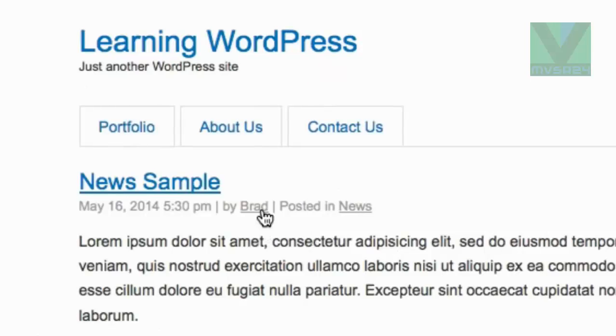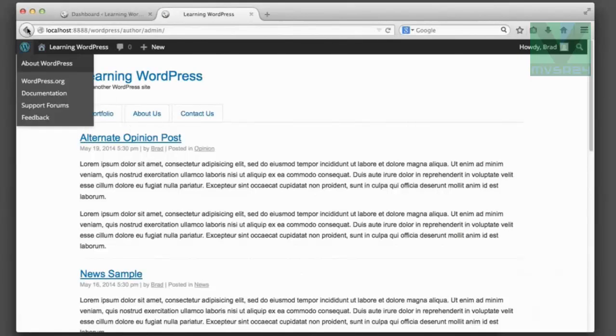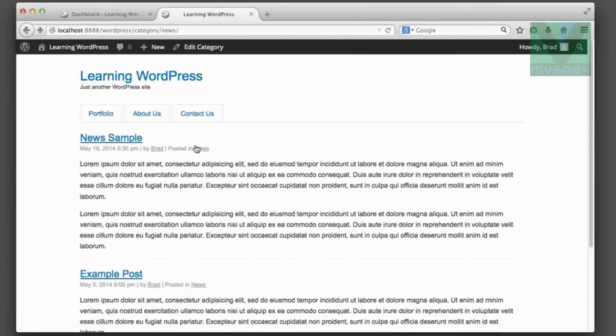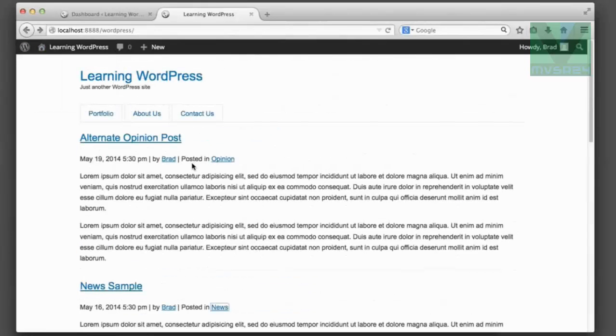Remember, if we click on the author archives, it takes us to a page with only posts from that author, but wouldn't it be nice if we had some sort of title above these posts that said author archives? And then if we clicked on this category, wouldn't it be nice if it said in a large title, news archive, or some sort of custom title so that it didn't look exactly like the home page or just a standard list of posts? So in the next lesson, we'll learn how to use the file in our theme folder named